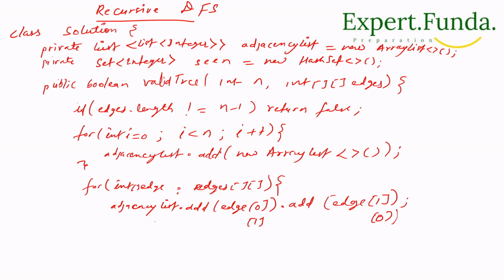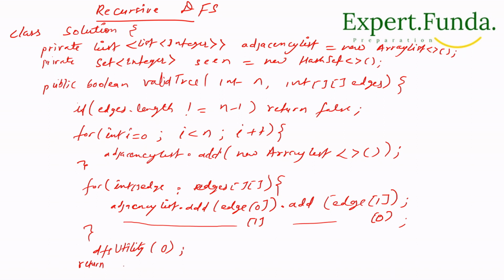Here, that's done. Okay, now our adjacency list has been initialized and it has the data now, right? Now we will call a DFS utility method. This will work for DFS, right? We'll pass our starting node from where the DFS will start, and then we will return